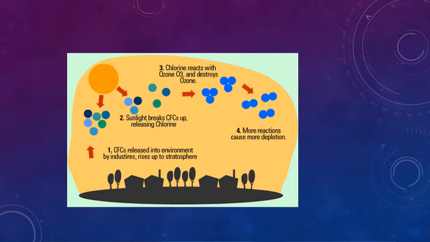The CFCs are regarded as the main culprit for the depletion of the ozone layer. The CFCs, or the chlorofluorocarbons, are synthetic industrial chemical compounds made by human beings containing chlorine, fluorine, and carbon atoms. They are relatively inexpensive to manufacture.